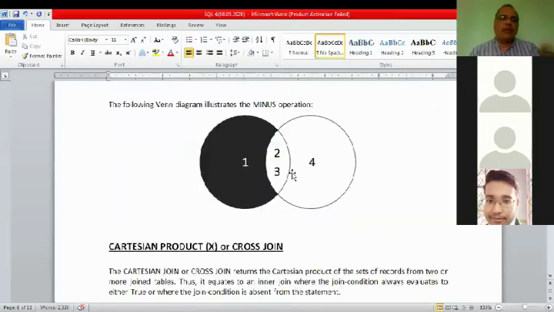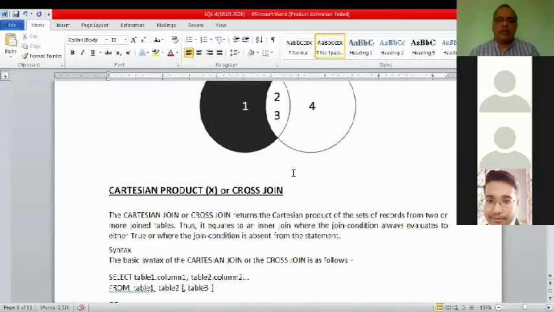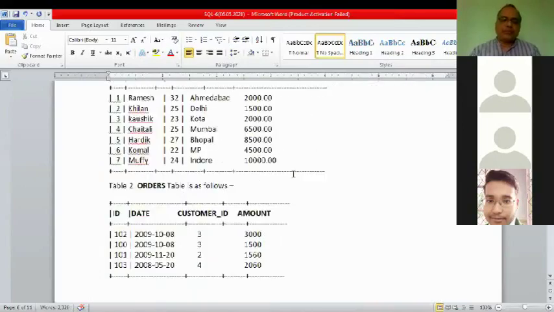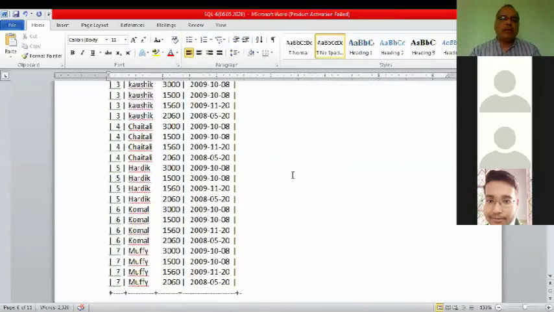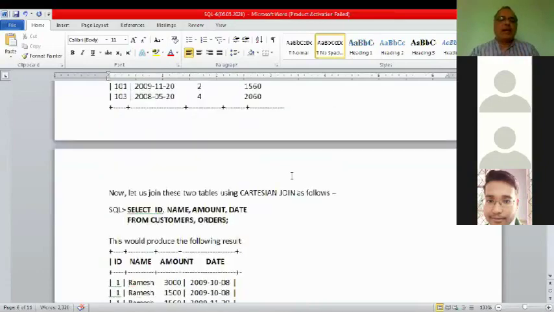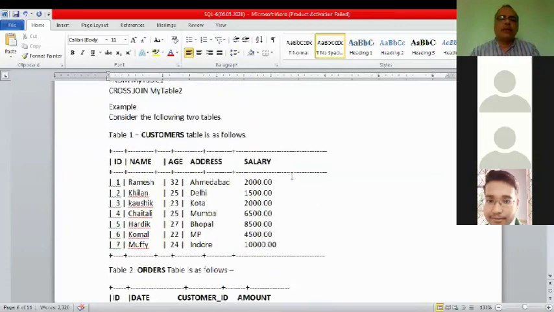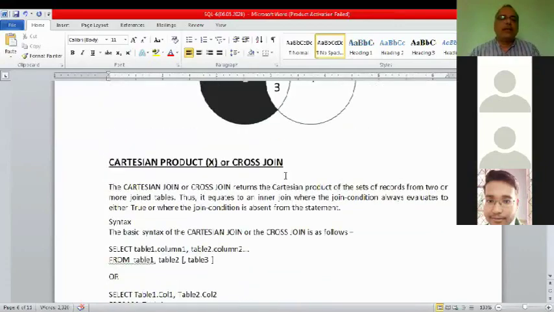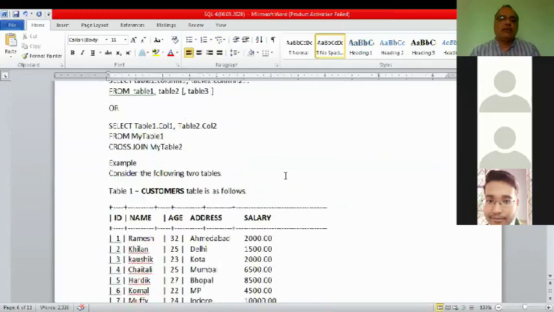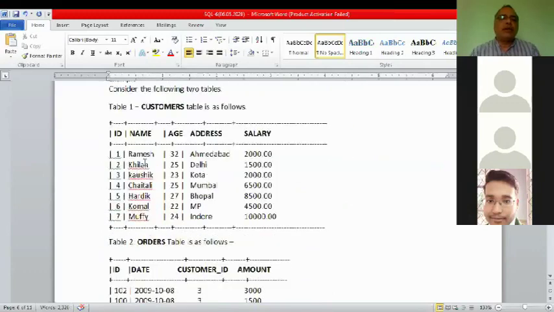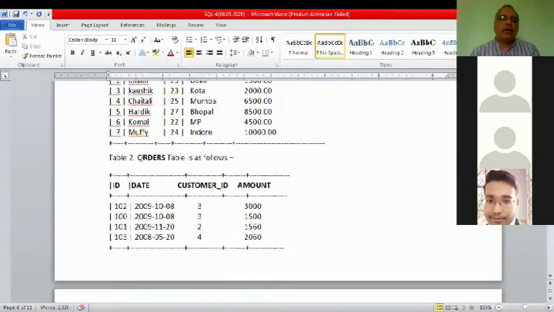After finishing this chapter, I will take a small review of what we studied. As we were discussing yesterday, the word product itself tells that each record of one table corresponds with every record of the other table.